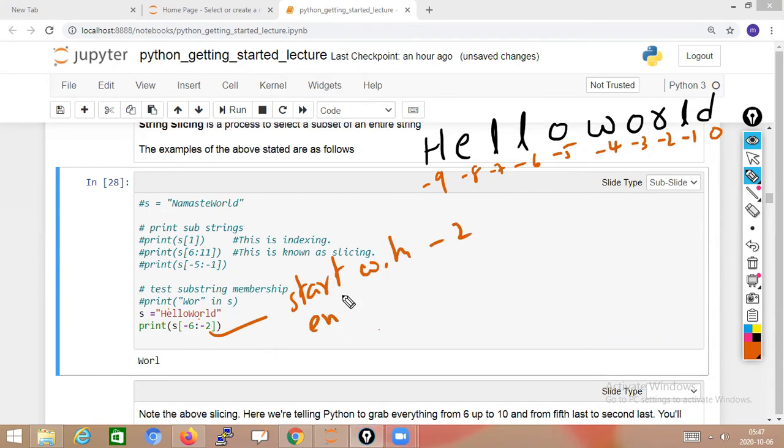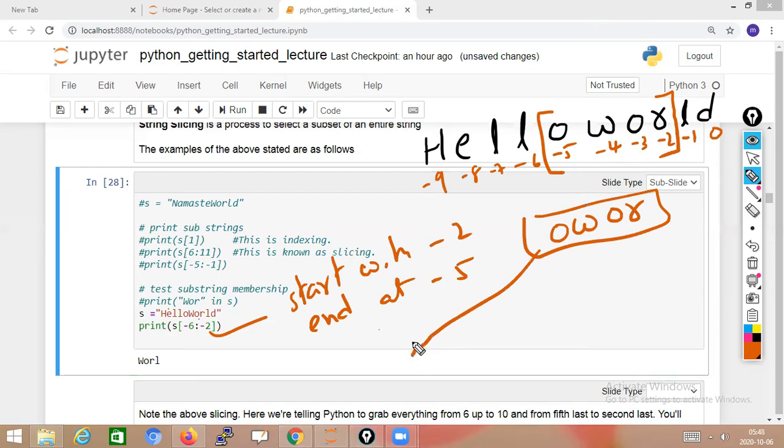The end is minus 6, so it has to end at minus 5. Start with minus 2, end at minus 5. So what is the output we have to get? OWORL. This output we have to get.